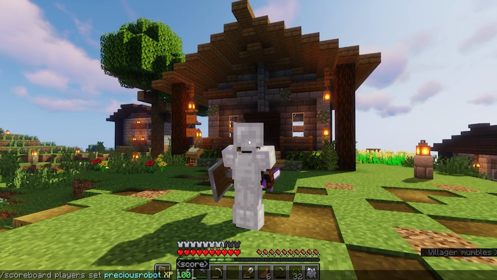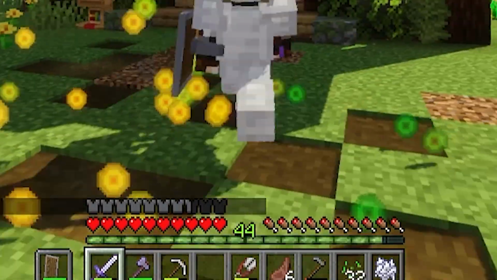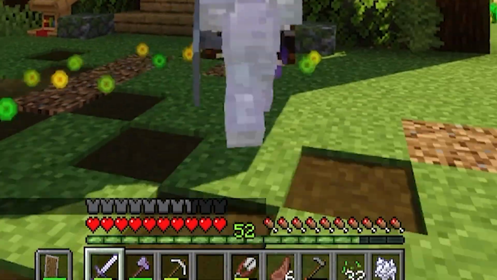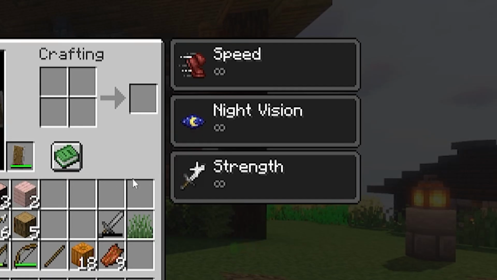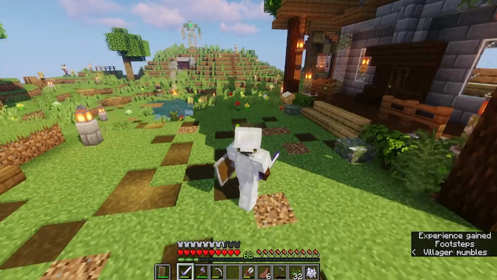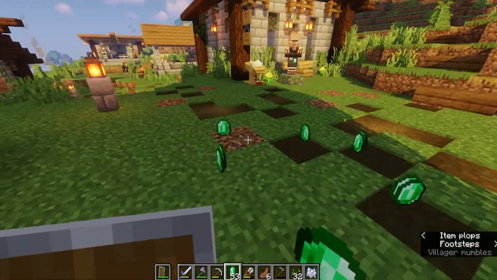In my previous survival RPG map, I gave players effects based on their XP level. I adopted a similar approach in this map, resetting the XP upon death like in survival mode. While this was acceptable, I wanted to add additional pressure to discourage death. I decided to use emeralds as currency, so I devised a mechanic to remove all emeralds upon death and summon